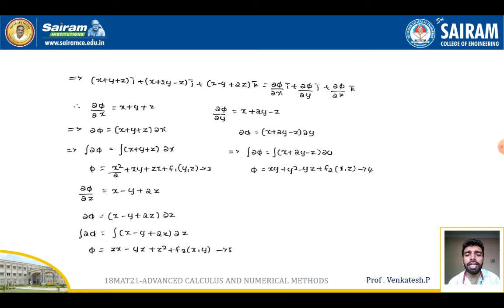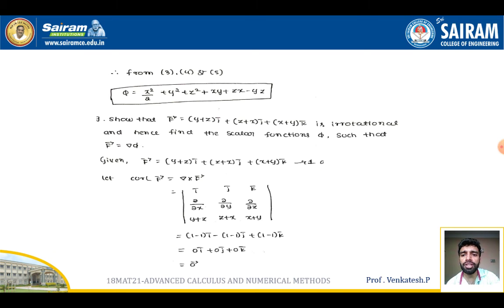So now if I replace all these three constants in the respective equations, I'll be getting only a single equation, that is pi is equal to x square by 2 plus y square plus z square plus xy plus zx minus yz. So this is the required scalar potential. We got it. Second problem: show that f is equal to